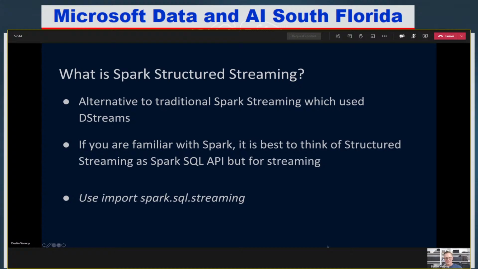that the traditional approach was just called Spark streaming, and you use DStreams as your data object. Here we'll be using the Spark SQL API with streaming mode, which means we're using data frames. I'll try and explain what a data frame is as we're loading it up with data here. And then the way you know you're using structured streaming, if you're finding examples online, is that you're going to import Spark SQL streaming.